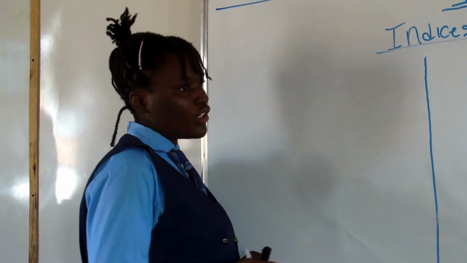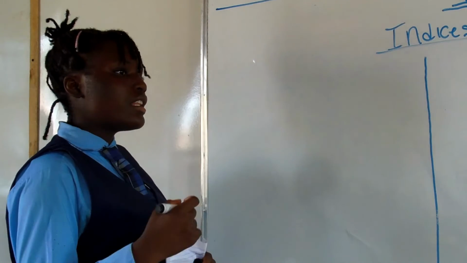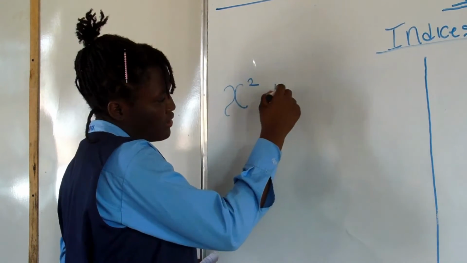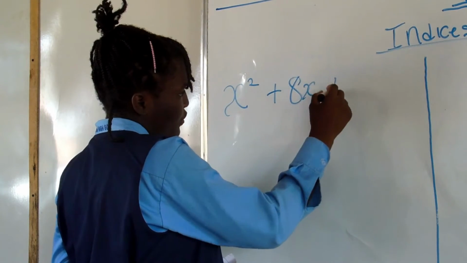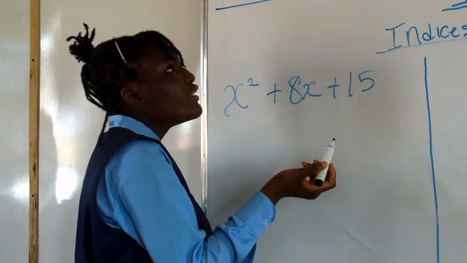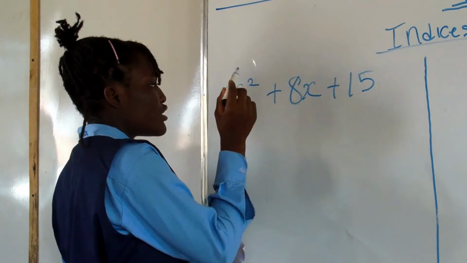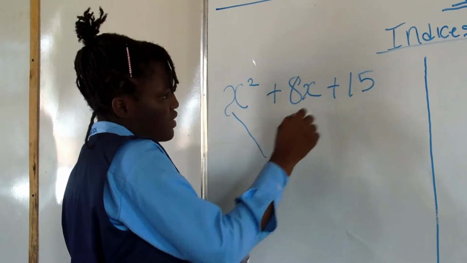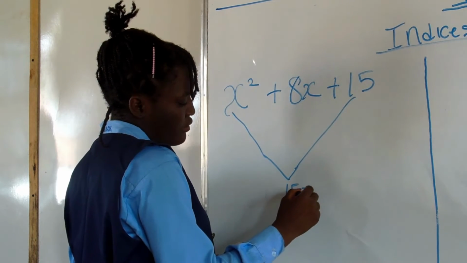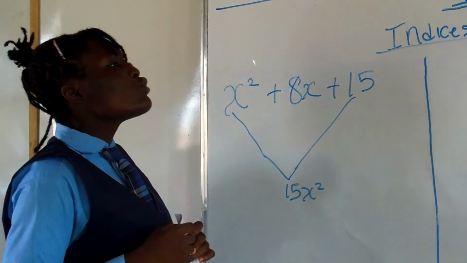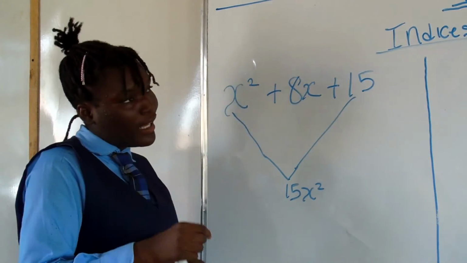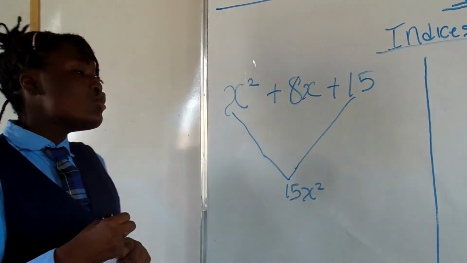Going to indices in quadratic form, but before we start, let's solve normal quadratic form. For example, x squared plus 8x plus 15. Now we multiply 15 by the coefficient of x squared, that's 15x squared. So now we'll find 2 numbers, and when we add them together, it will give us 8, and when we multiply them together, it will give us 15. And those 2 numbers are